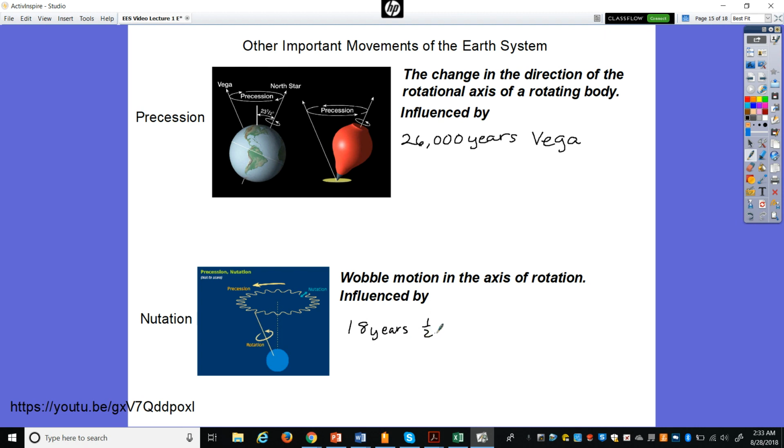We get a half a degree change, half a degree movement in this wobble. The interesting thing is that this precession is influenced by gravity of the moon and sun. A little bit of the sun, mostly the moon.